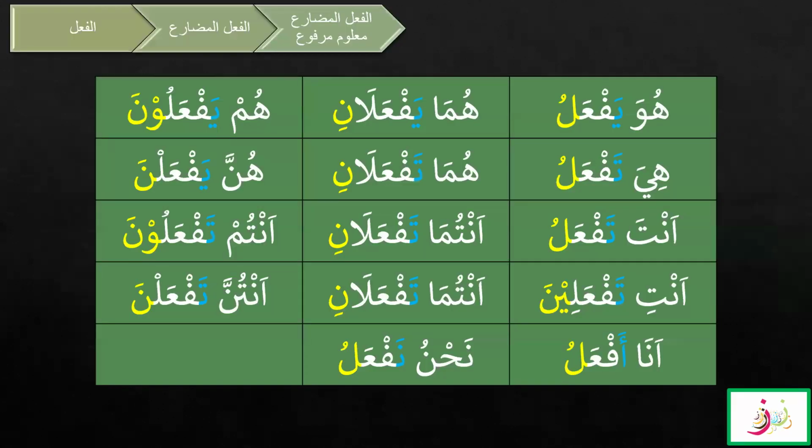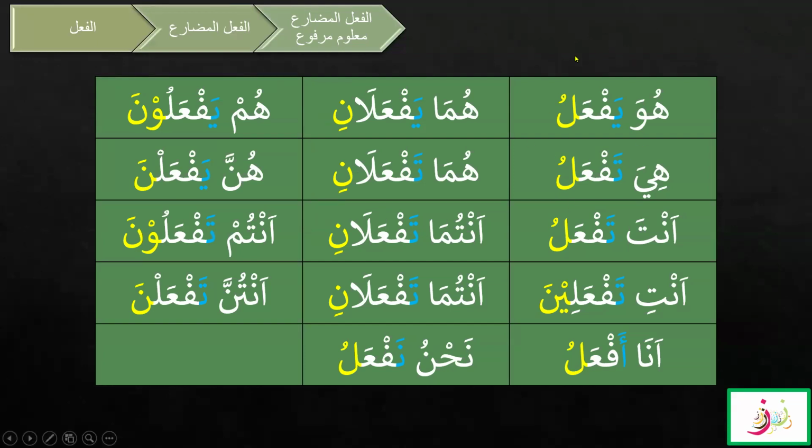So let's see the chart. We know that the fi'l mudari ma'loom marfu chart is: huwa yaf'alu, huma yaf'alani, hum yaf'aluna, hiya taf'alu, huma taf'alani, hunna yaf'alna, anta taf'alu, antuma taf'alani, antum taf'aluna, anti taf'alina, antuma taf'alani, antunna taf'alna, ana af'alu, nahnu naf'alu. So here we can see